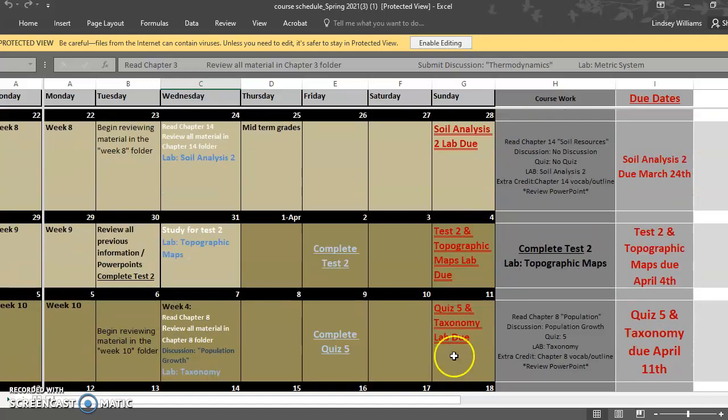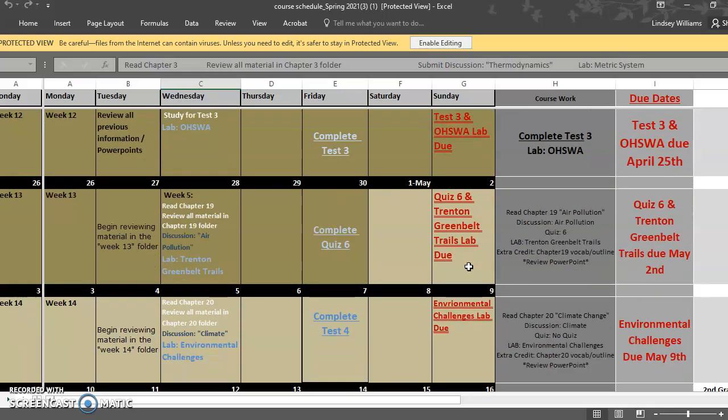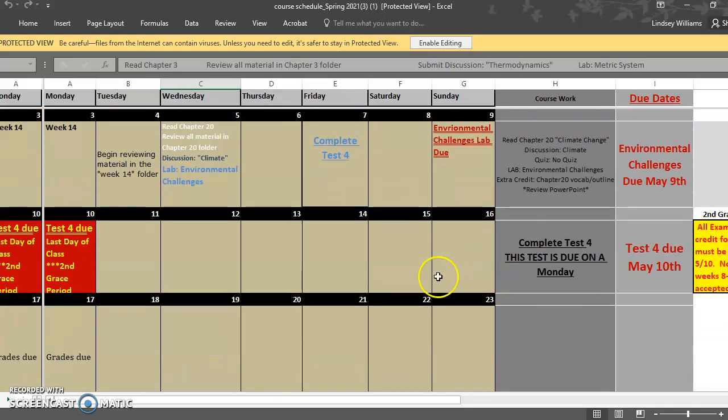And then the second half of the semester, same deal. So then you're going to have all of this work due. Try to make your Sunday deadline. Pay attention to that. But if you miss your Sunday deadline, you can still turn it in all the way up to your